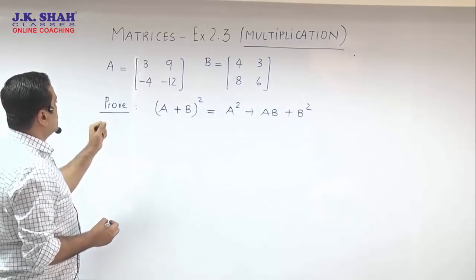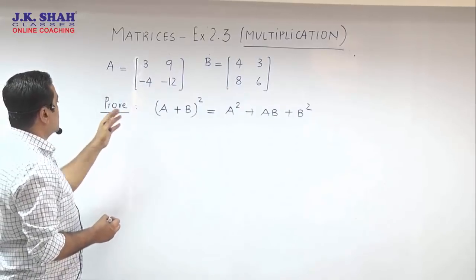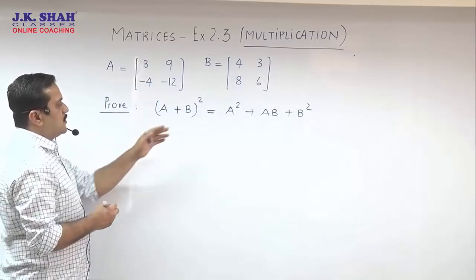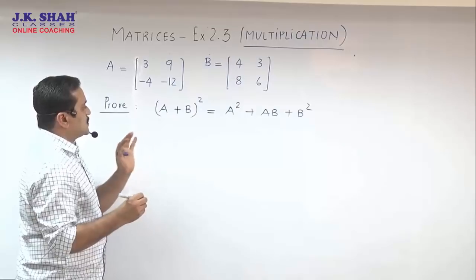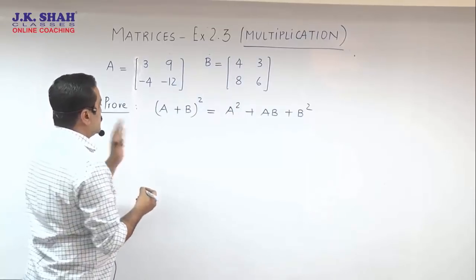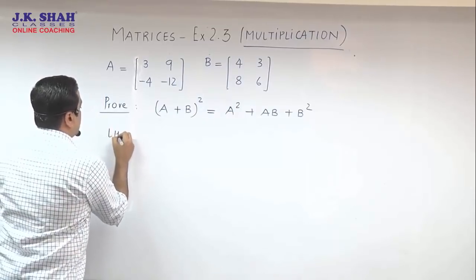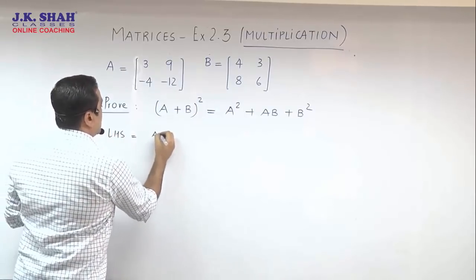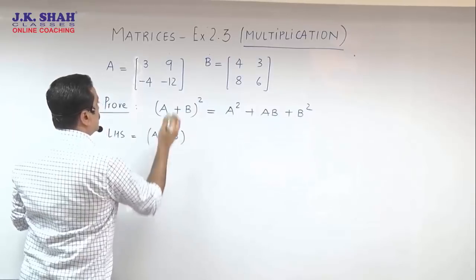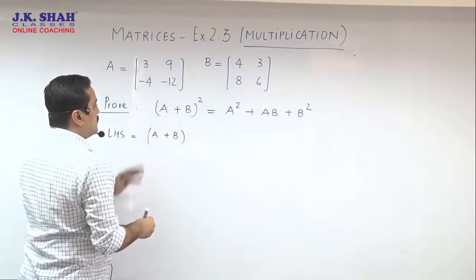Now here as you can see they are giving us matrix A and B and they are asking us to prove (A+B) the whole square equal to something. If I don't say anything and if I allow you to start working, then everybody is going to do what? On the LHS side, you are going to work out A plus B first. You are going to add the matrices, make your A plus B, and for (A+B) the whole square,